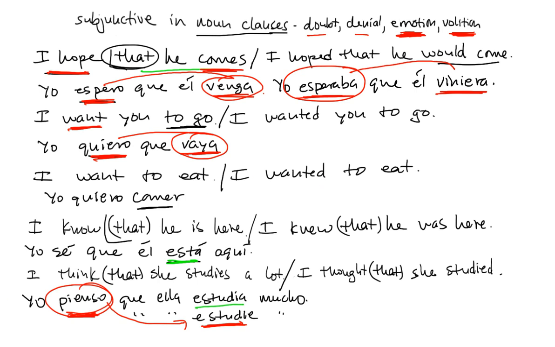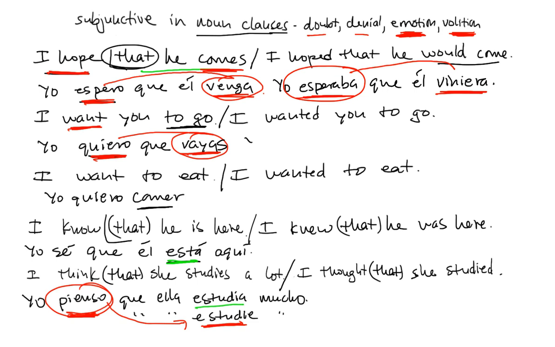Okay, let's take a look at the next one. The present for this was yo quiero que vaya. I want you to go, that you go. That would be the usted form. Of course, it would be vayas if you wanted the tú form in the present tense. Let's do that one in the past. I wanted you to go. Again, two different subjects. Even though in English we don't say that you go, in Spanish we have to render these as two separate clauses. I wanted that you go. I wanted. Okay, well, we'll just do it as it is.